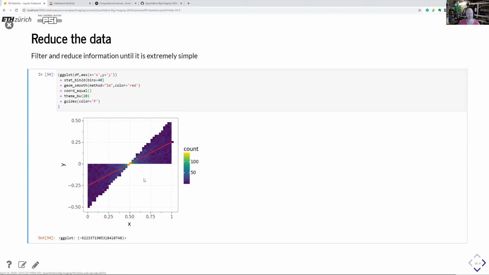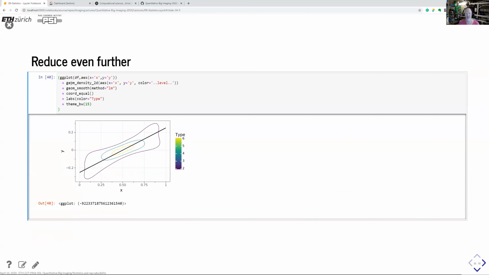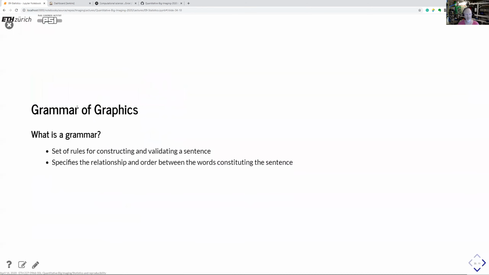Let's go on and see what we can do. Otherwise, we can also work with these isobars. Isolines is another way of showing it. And the important thing here is you start seeing that I have the plot command and then plus different features. And this brings us into the grammar of graphics,